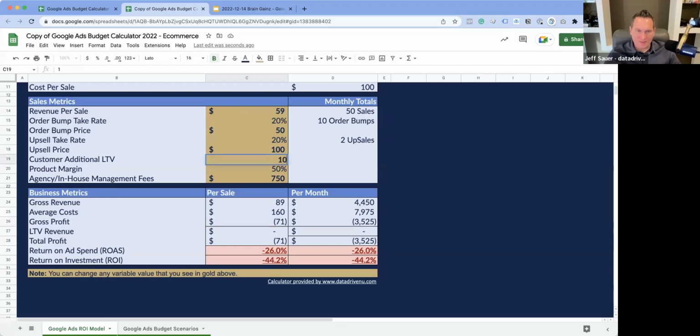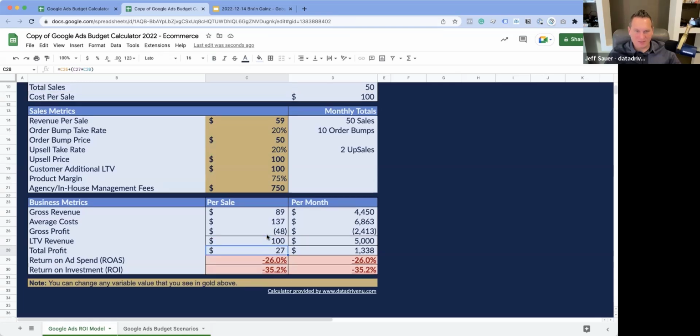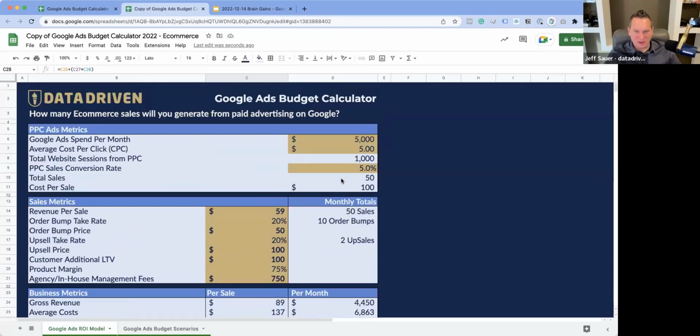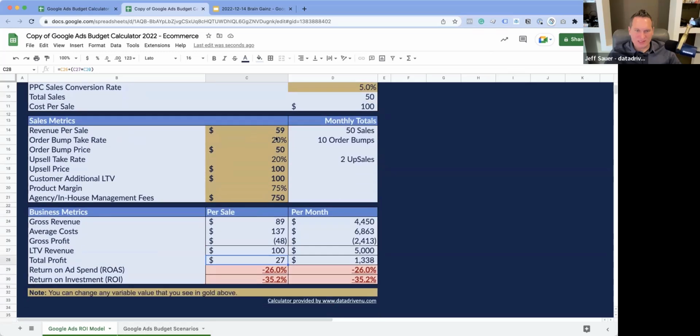But if you add in lifetime value, okay, it's still not profitable in that case. But in the case of other, maybe the margins are a little bit higher. Maybe you put that at 75. Okay, you are making a little bit of money on this thing. Not a lot, but a little bit. So that's what this calculator allows you to do: see at what price points really quickly to get a decision.